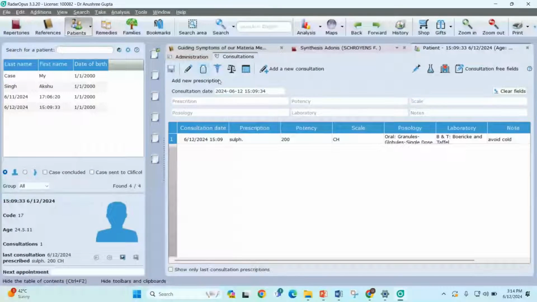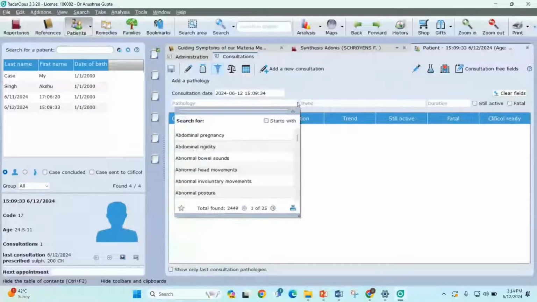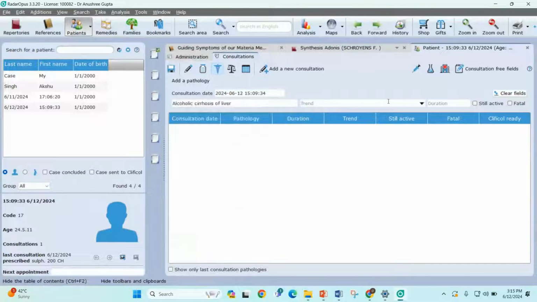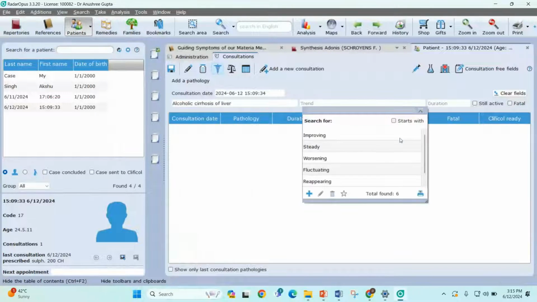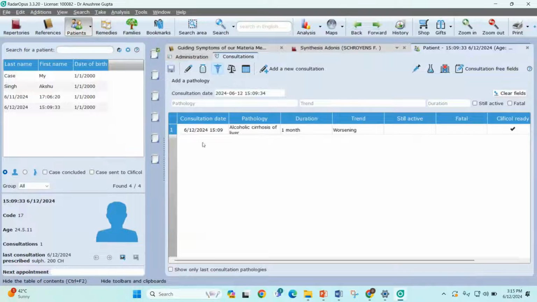Next to the prescription is this pathologies tab where you can mention the pathology of your patient. So from this ICD-10 list of pathologies, you can choose amongst the pathologies. You can choose its trend, its duration, and likewise you can add the details of pathology.